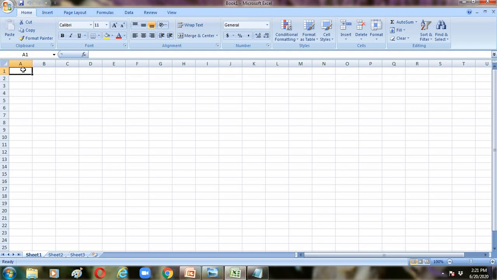Suppose, for example, here I am giving marks. First we will give the subject name, and next marks. In the subject I am giving math, science, social, English. And next, coming to the marks, I am giving 99, 98, 97, 96.